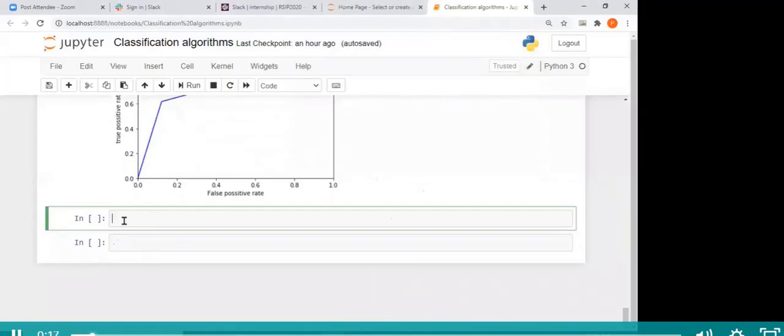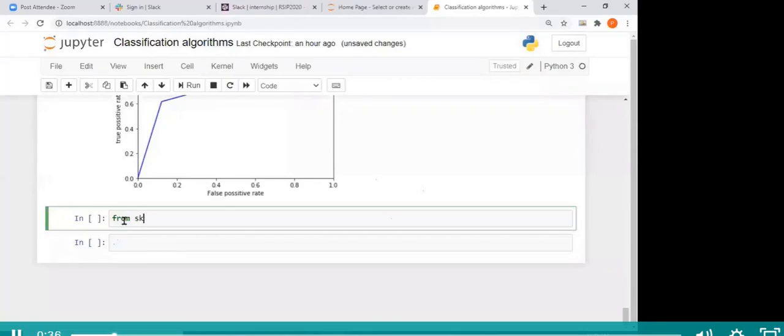All right, guys. So here, likewise, we have used random forest regressor. Here we will be using random forest classifier. So how do we use that?